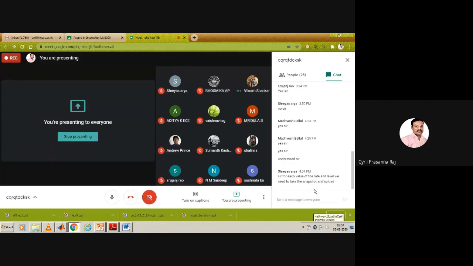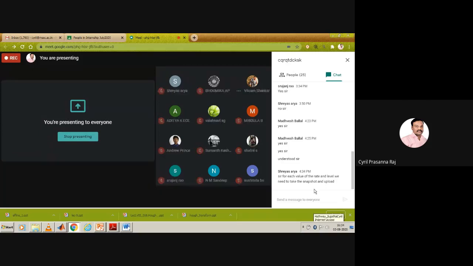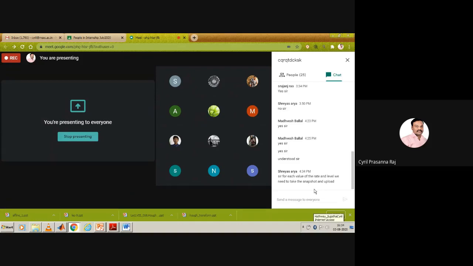For each of the rates, whatever you take, you have to prepare a detailed document. For each image, different rate. What is the input image? What is the output image? What is the mean square error? What is the PSNR? Take a snapshot of everything, so that you understand for which rate which image is better. Suppose an image has more objects and your rate is very low, there is a lot of loss in the image. So I want you to take a snapshot and record it.